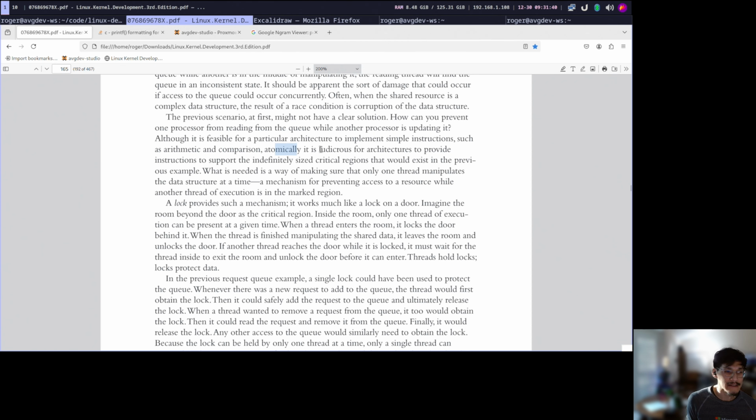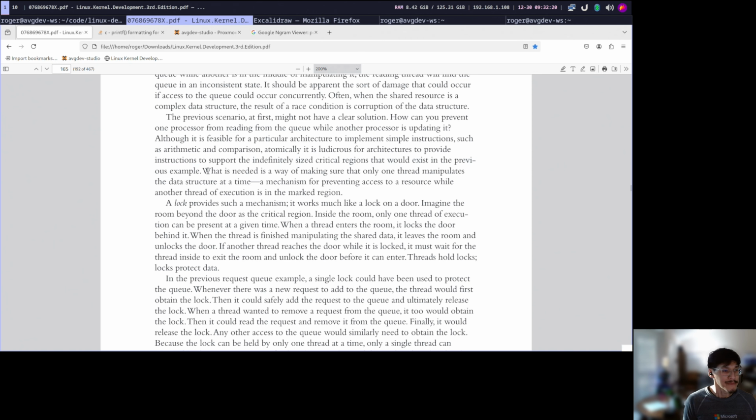But it is very, very hard for architectures to know all the cases of what you want to do and provide instructions to support all types of concurrency handling, like this queue handling, for instance, the indefinitely sized critical regions that would exist in the previous example. Okay, so what the processor will provide are those simple building blocks, right? And it's up to the software developer to take those concepts and actually create additional types of code that can help you with protecting these bigger operations and simulate that atomic